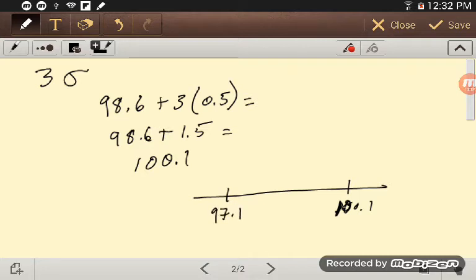Okay, but if we're asking, and I'm going to go with 100.1,